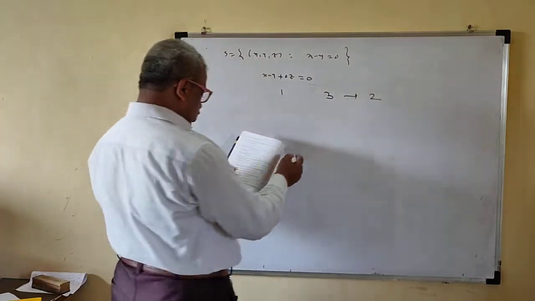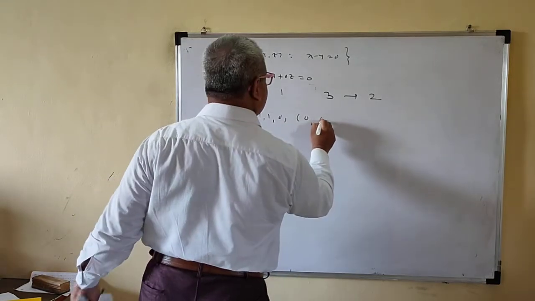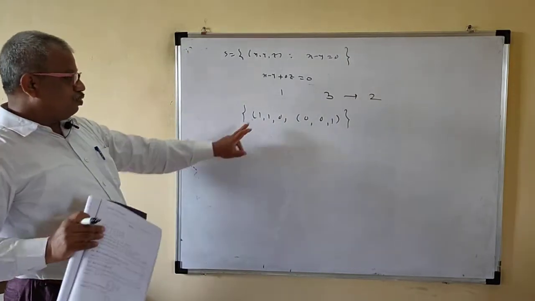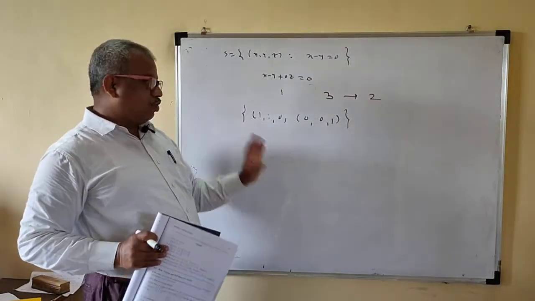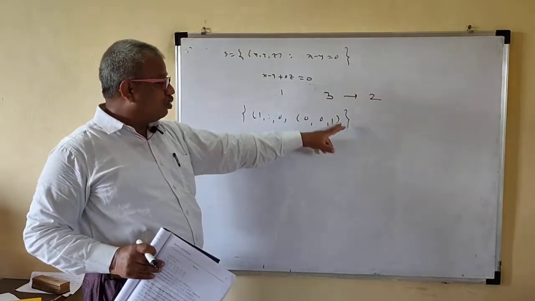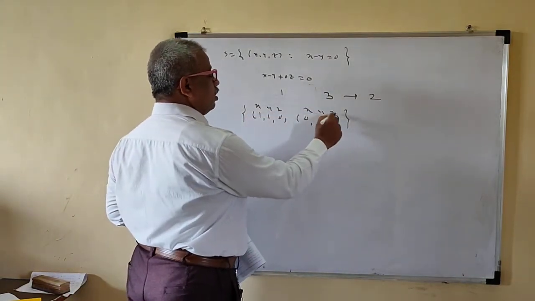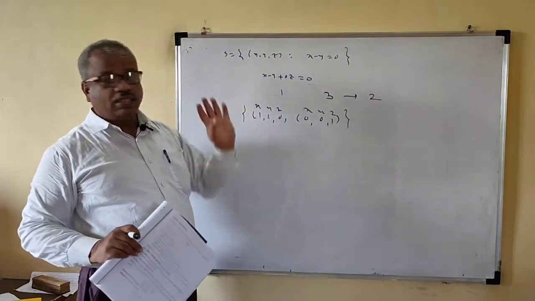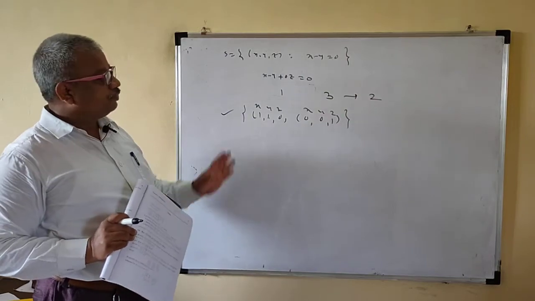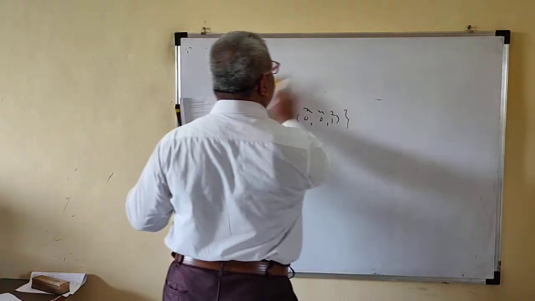So suppose we have one of the options like this. We check whether 1 minus 1 is 0. Then 0 minus 0. So there is no problem for this. 0 minus 0 is 0. So this is your x and this is your y. This is x, y, z. Both the vectors satisfy the equation. So that means this is your correct option. I hope that you can find the dimension of any set now.